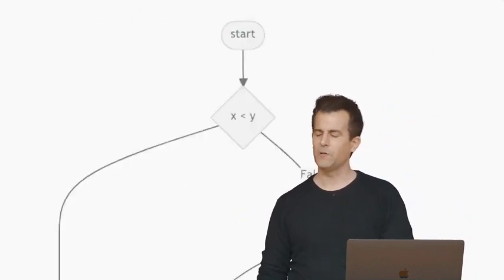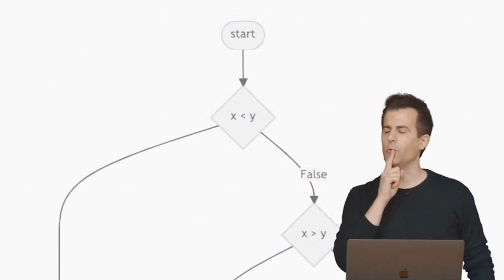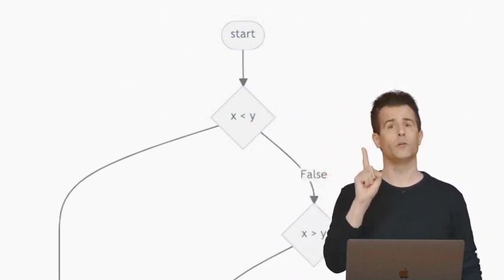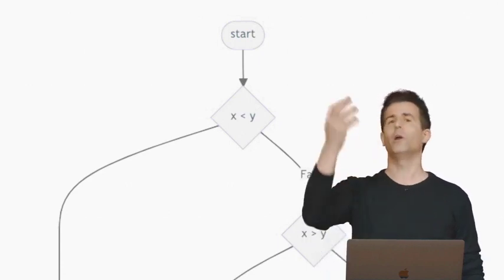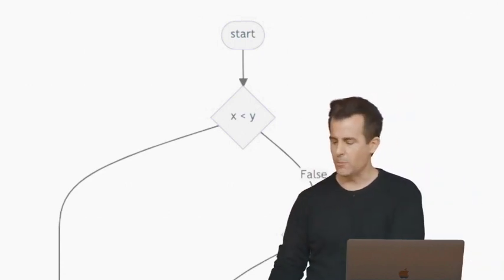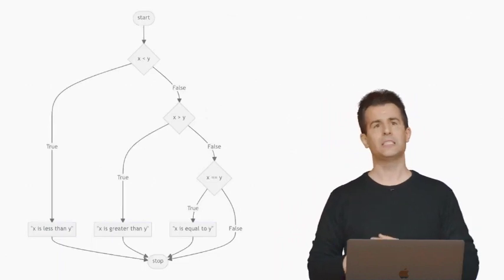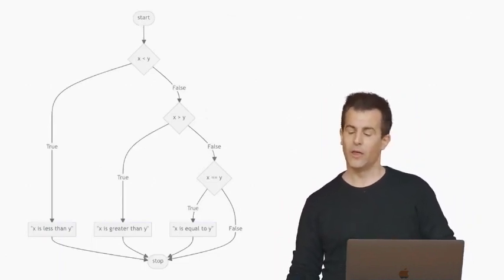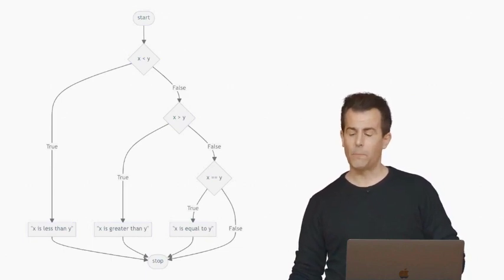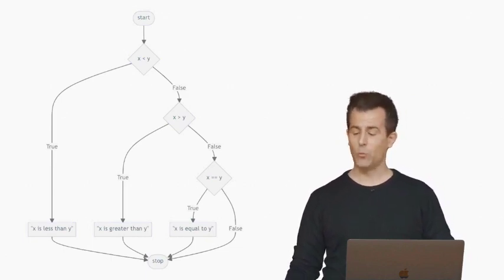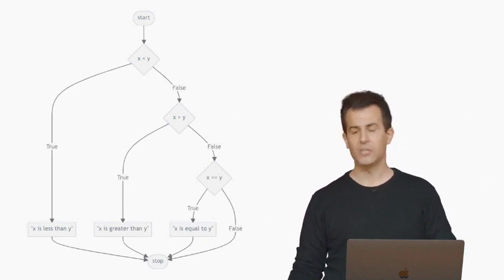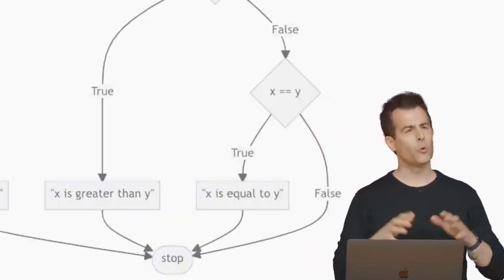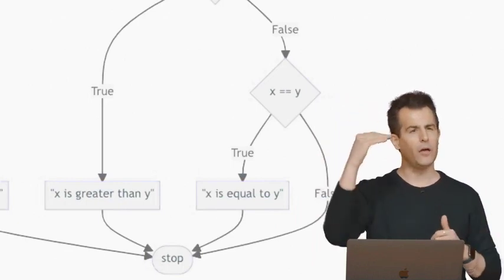But let's focus on just how many questions are getting asked. Let me zoom in at the top as before, and let me propose that we note that the start oval is at the very top, and it's asking us to ask one question first. X less than y. Is 1 less than 2? But notice here, let me zoom out. If 1 is indeed less than 2, we follow this longer arrow down marked true. We print out, quote unquote, x is less than y, but then we immediately follow this next arrow down to the icon that says stop. So that's what's implied by doing if, elif.